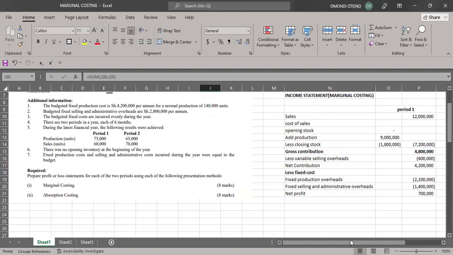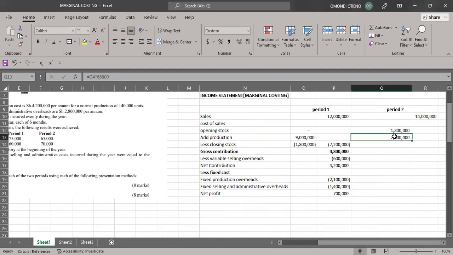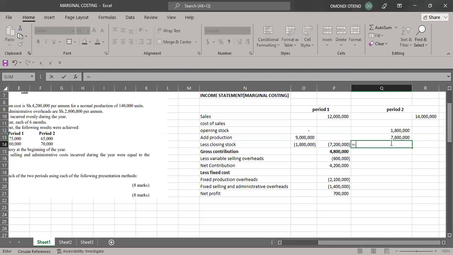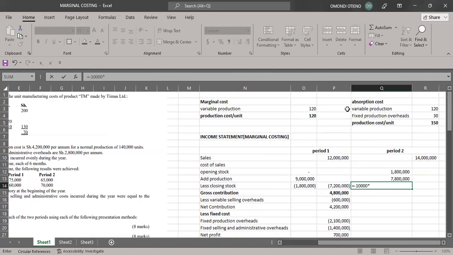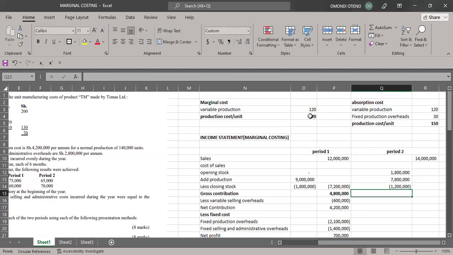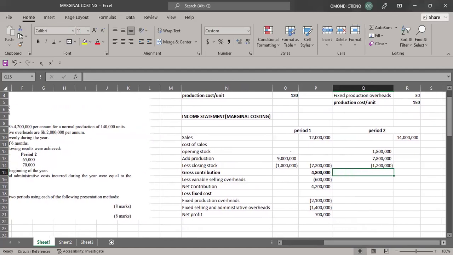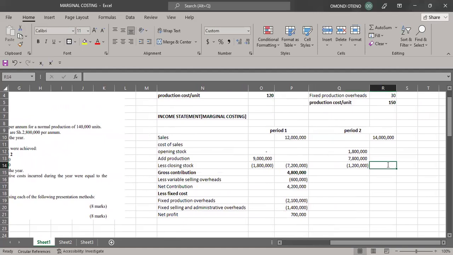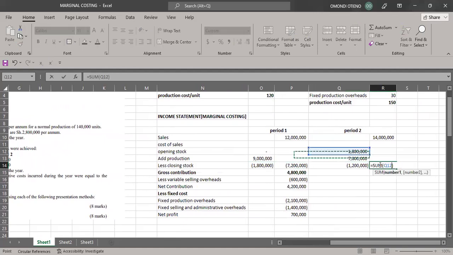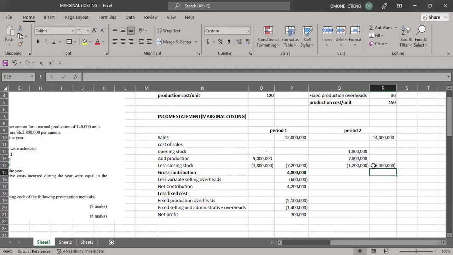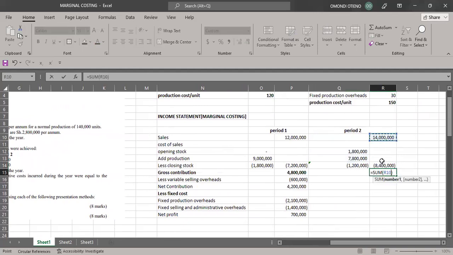Good. So they produced 65 for period 2. Then our closing stock is 10,000. So we multiply 10,000 by the production cost value. It will give us closing stock. Then how do we get gross contribution? We have to bring all these costs together and put them in negative form. Then we take the summation of revenue and the deducted cost of sales to give us gross